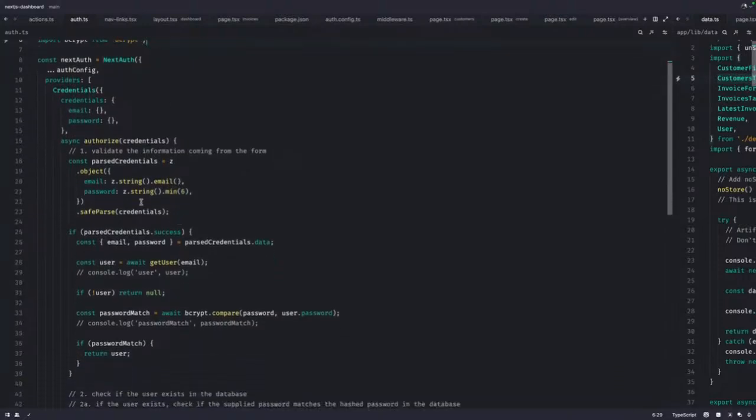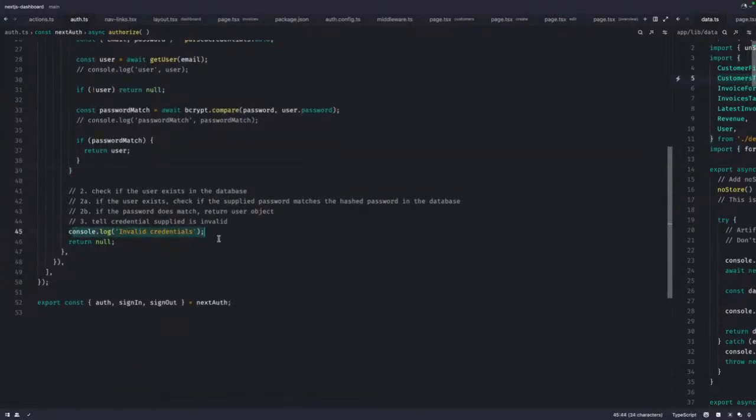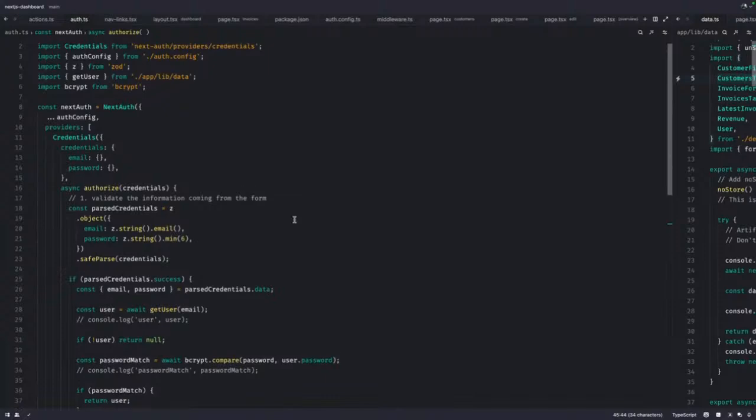But the major thing is this authorize method, and the authorize method is the validation. Once it has done the validation, we try to get a particular user from our database, using the email that they have given, and see whether there is a user with that email. Once we check whether there is a user, we confirm whether the password in the database is the same as the password they are sending. If the password matches, we return the user. If the password does not match, we show them the possible error, or you can console.log invalid credentials. So that is basically what happens there.